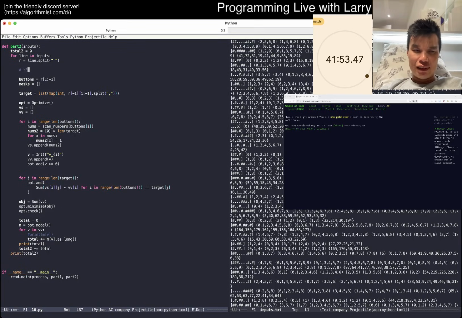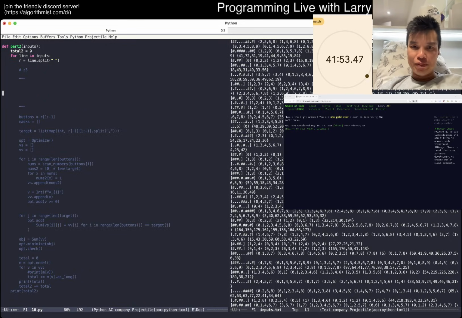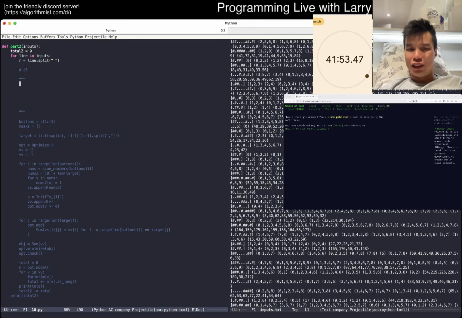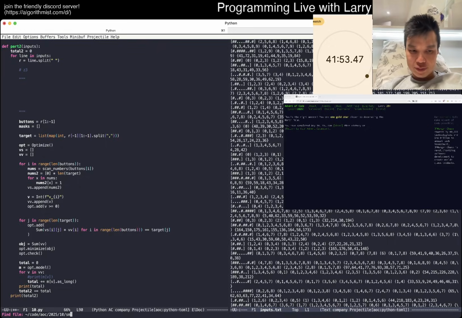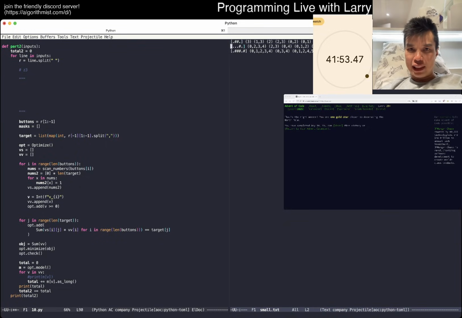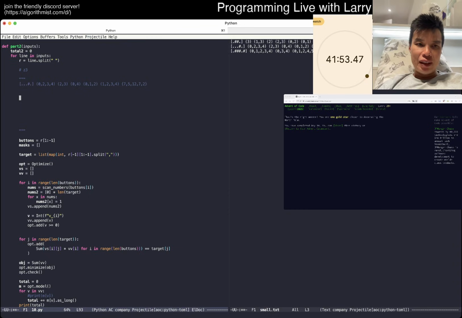But that part is not what took a long time for me. Actually, what took a long time was the syntax a little bit, and I kind of messed up. But the idea here is to just set up a set of linear equations, or constraints, sorry, I'm too used to saying that. You set up linear constraints. For example, let's go over it with the sample input, and we'll use the second one. Now that means if you press button 1, button 0 has